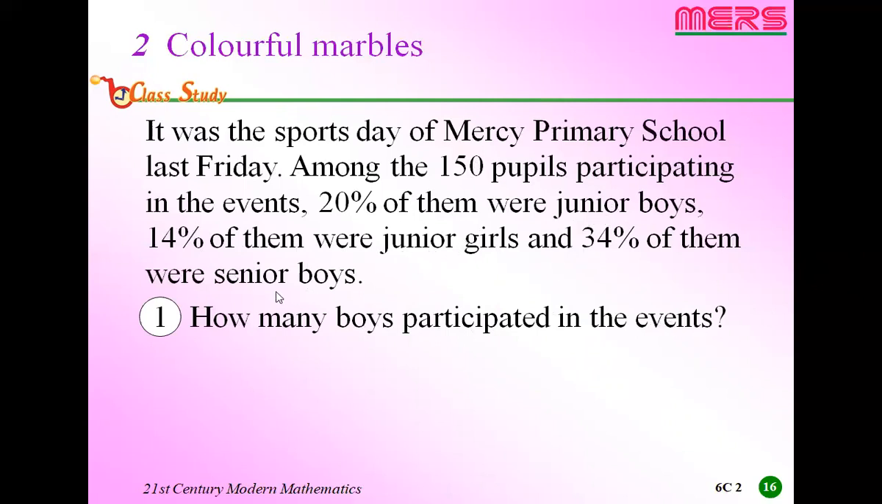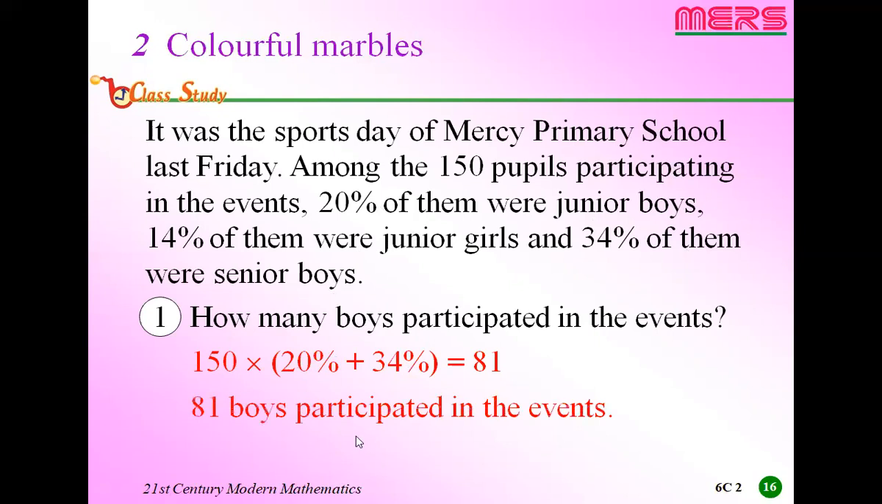We have junior boys and senior boys, okay? Both of them boys. So we have to consider 2 percentages here. Same as what we did before. Use the total number of pupils, 150 times the 2 percentages adding together. 20% for the junior boys and 34% for the senior boys. And then you can do all the calculation, and then you can get the answer will be 81 boys participated